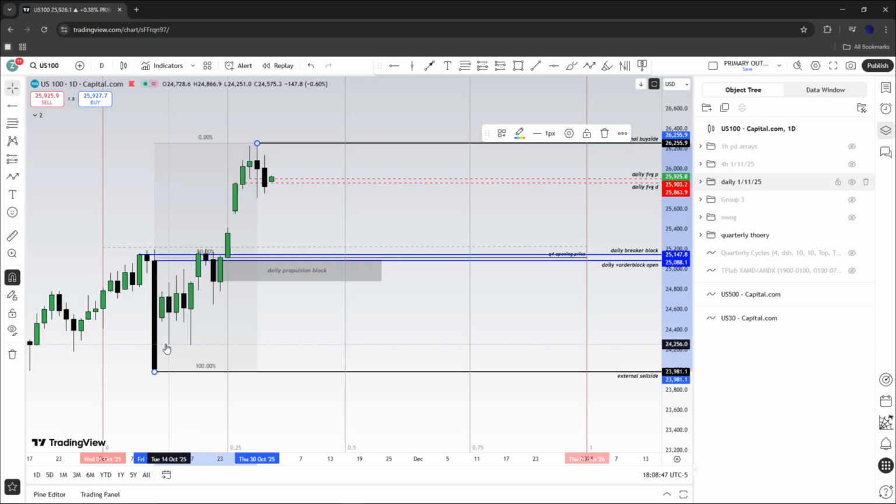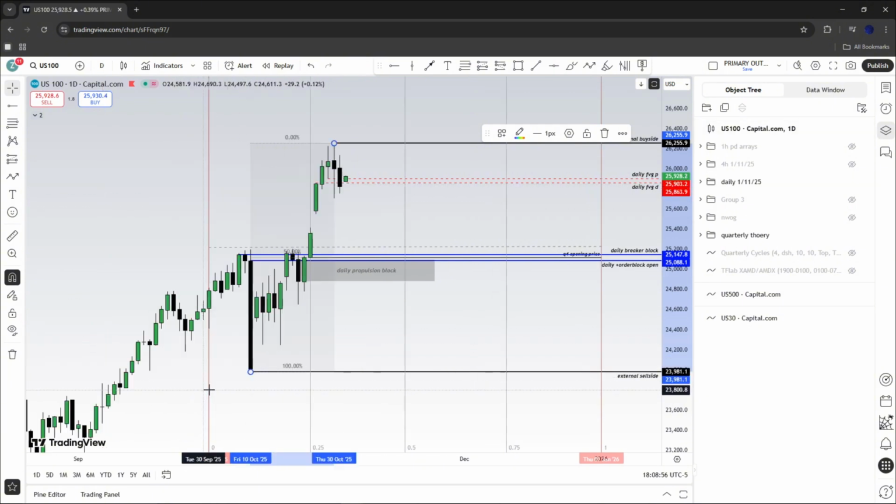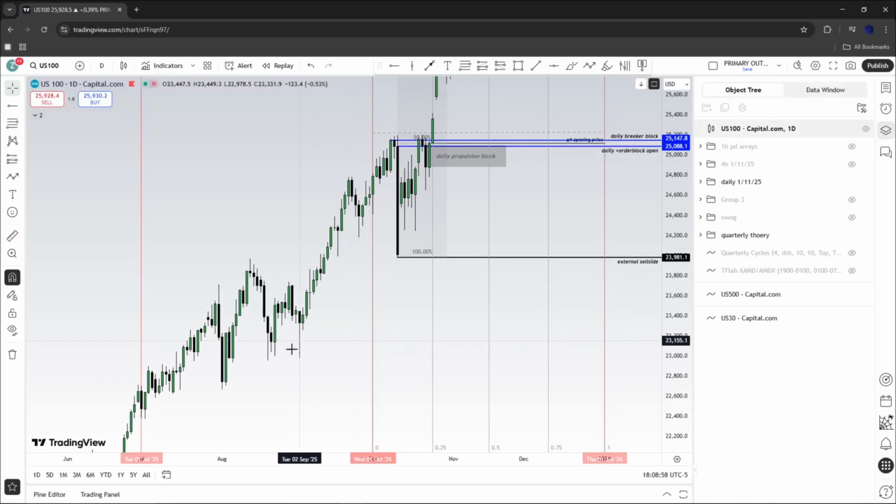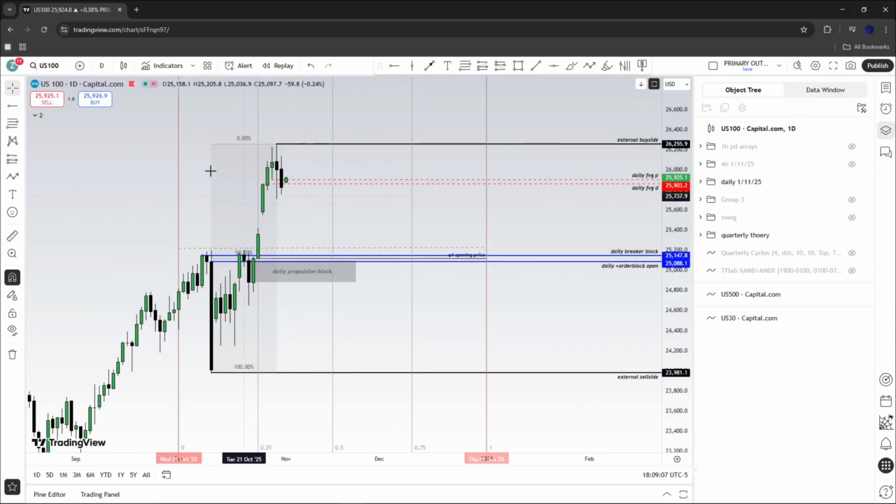I think the first stop would be the internal sell side levels that we have existing here. These are low resistance liquidity runs, by the way. And then the next stop would be the external sell side, to see if we can trade lower, maybe into Q2's or Q3's lows, internal lows that we have priced in here. But yeah, so that is the daily time frame for the Nasdaq.